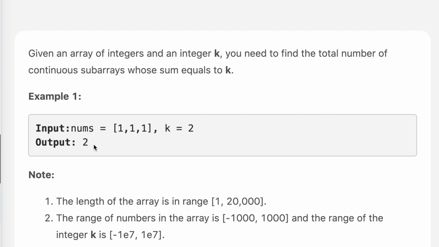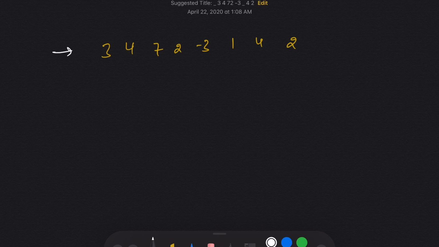So let's move on to pen and paper and let's see how we can solve this question. After that we will see the code. I have taken the example and this is the array we are given and our k is 7. And we need to find out the number of all contiguous subarrays whose sum is equal to 7. The easiest way to solve that problem is we will take out all potential contiguous subarrays whose sum is equal to 7. And at the end I will make a count of the contiguous subarrays whose sum is equal to 7 and I will simply return the count.